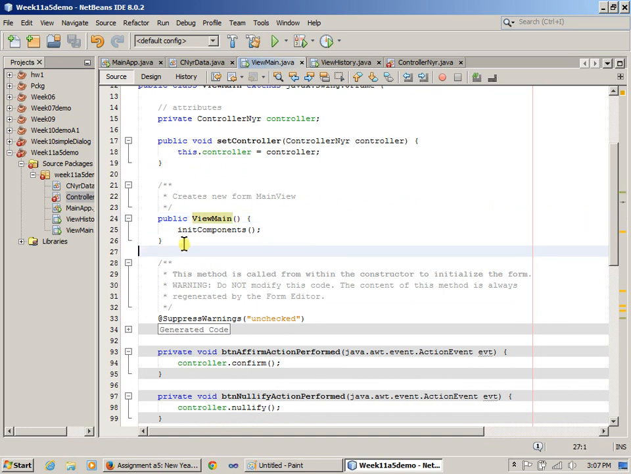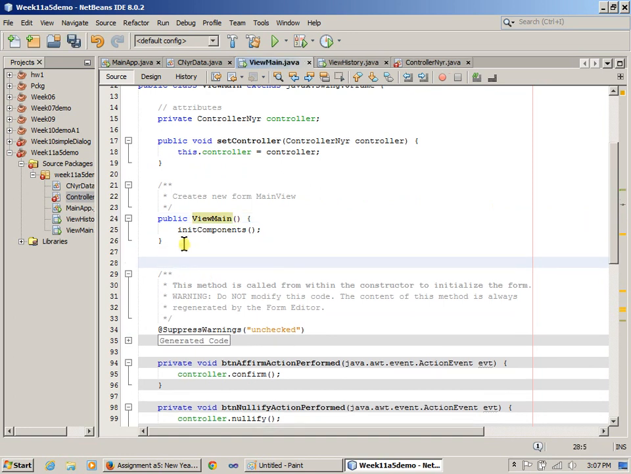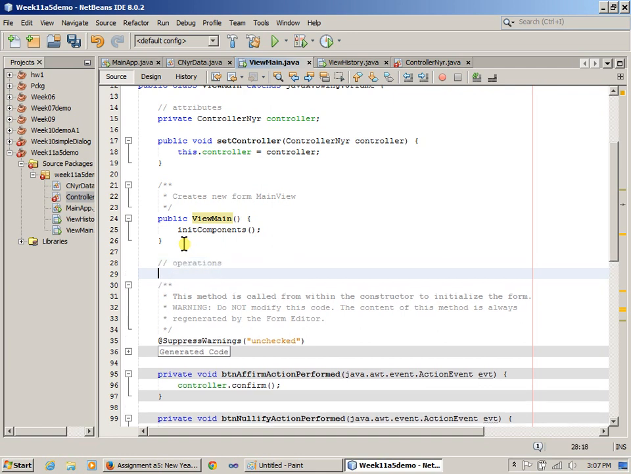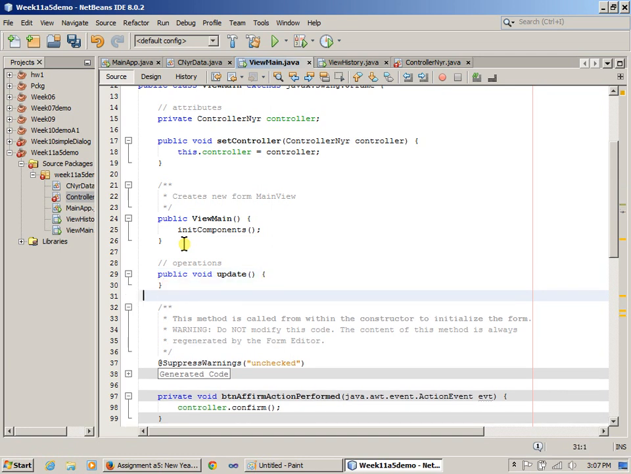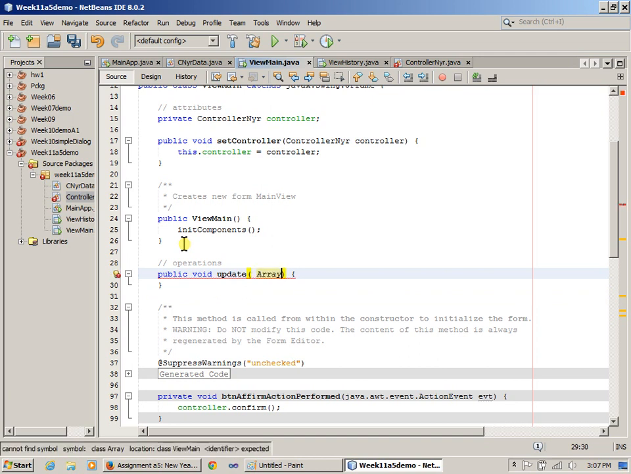And how about this? Somewhere here after the constructor, I can just add my own section here, which is operations. I typically add the operations section to my class, so at least I can recognize this is something I added, okay? So anyway, this is a public void update. And this specific update in the main view takes the entire array list of strings,